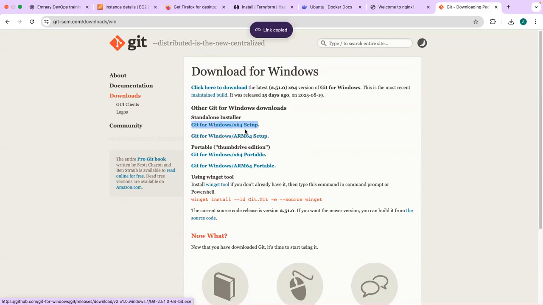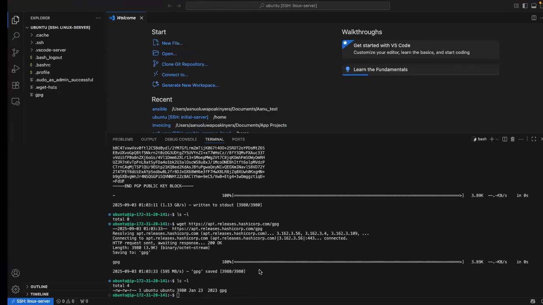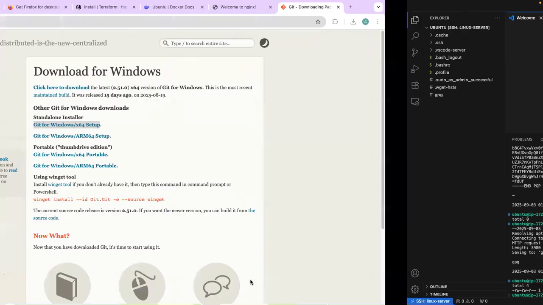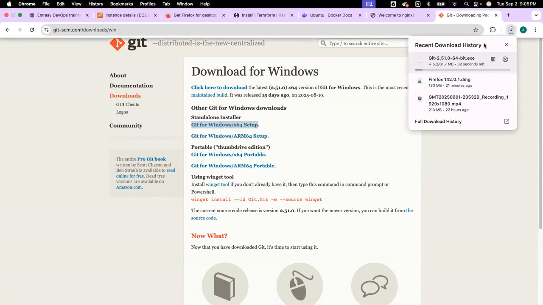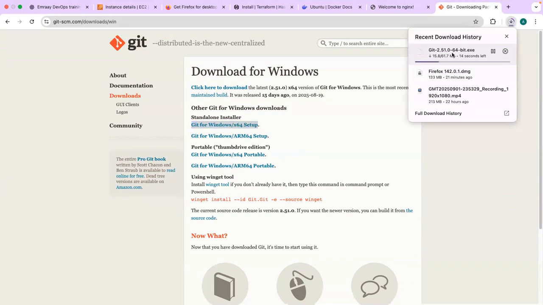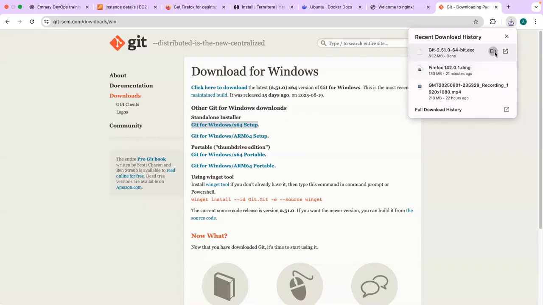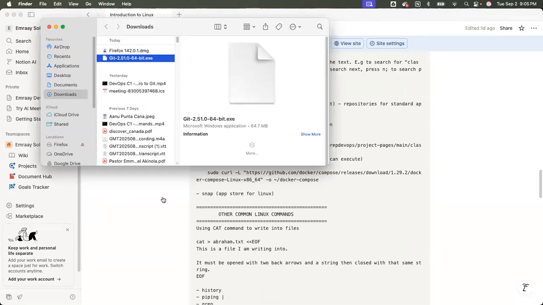If I right click on it, it's going to download it to my computer. But I don't want to download it to my computer, right? I want to download it on my Ubuntu. As you can see, it's an exe file. Okay, let me click on it and then you'll see it download. What am I downloading? I am downloading a Git 64-bit exe. When it is done downloading, I can go to my downloads folder and I would see the exe file there. So now it's done downloading. If I come here, you would see what downloaded was a Git exe.